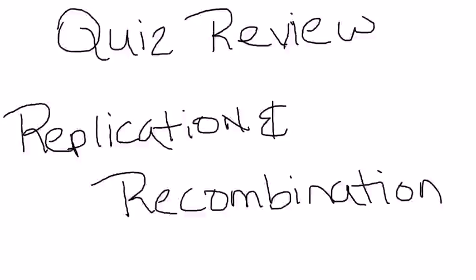So I do want to go over the one question that a lot of people did not answer correctly, and that is a question regarding the Okazaki fragments. So the question is, the enzyme that's necessary for formation of Okazaki fragments. And the possible answers were